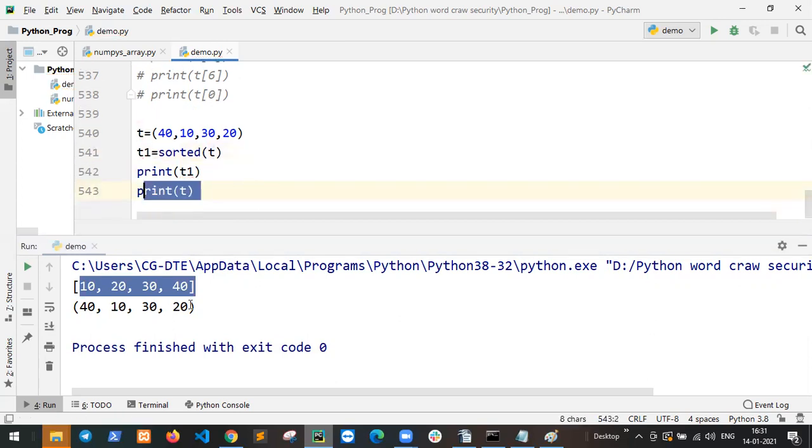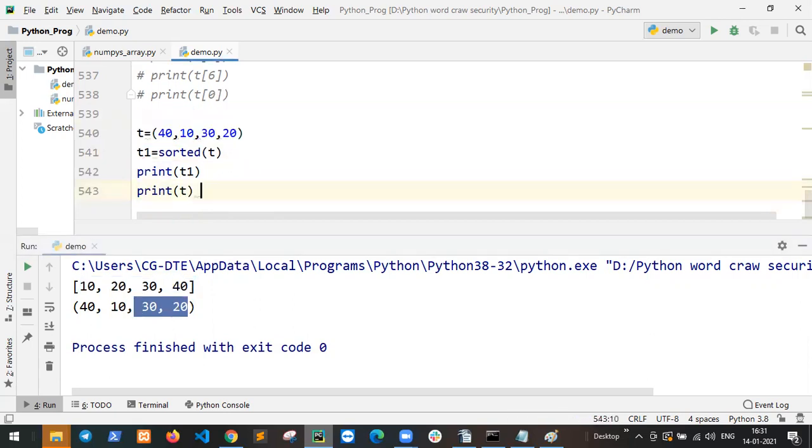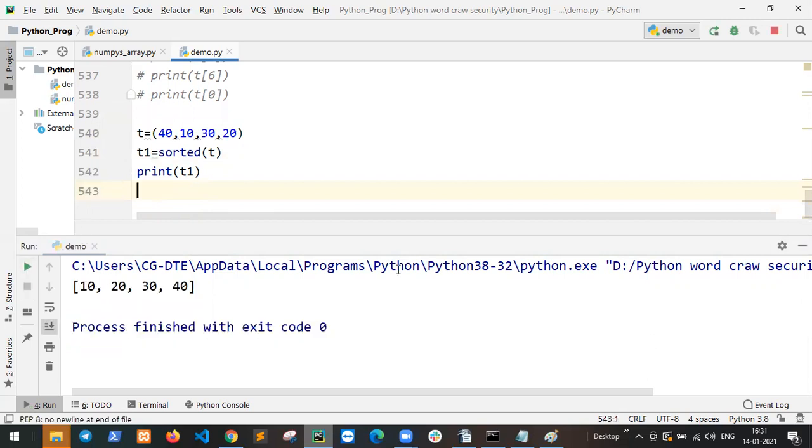And T is your T, this is the tuple data type. This is the confusing value: it converts only to a list. Do you know sort and sorted?